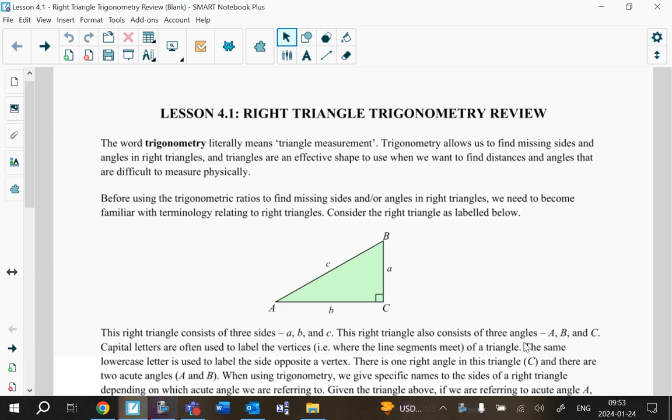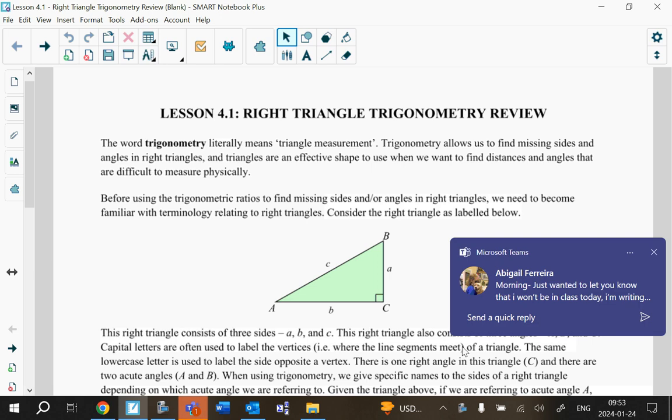So next unit is on trigonometry, which you first learned last year. And we learned how to use it to find missing angles and missing sides in right triangles that we couldn't find using, say, Pythagoras, or we couldn't find using the fact that all three angles in a triangle always add up to